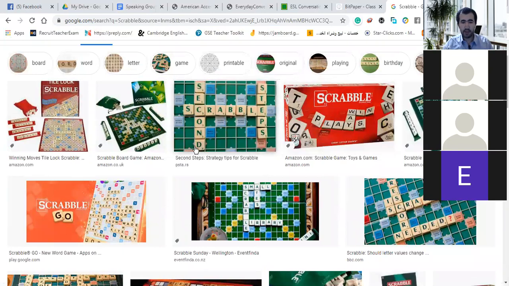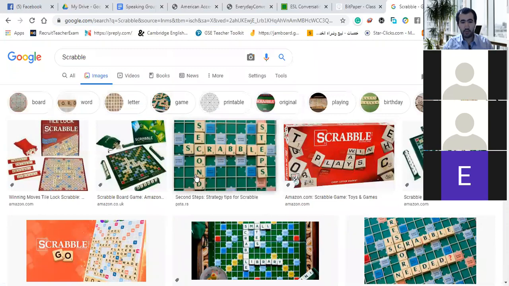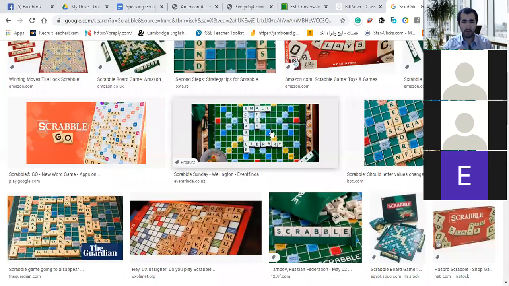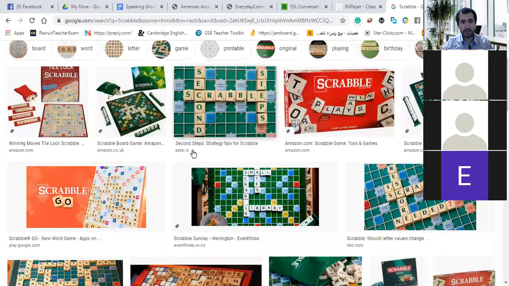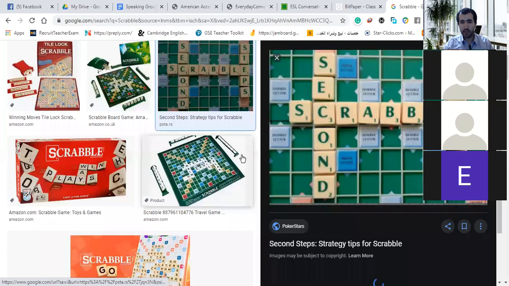You make words from up to down and from left to right. And every block or cube here has something written on it, like double letter, double word. Double letter means to multiply the value of the letter by two. Double word means to multiply the value of the word by two. The value is written on the letter. For example, Scrabble is